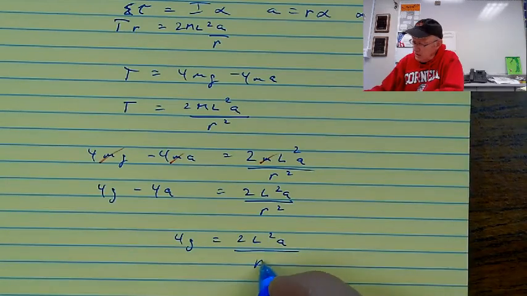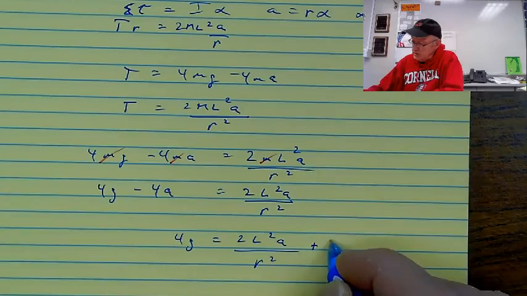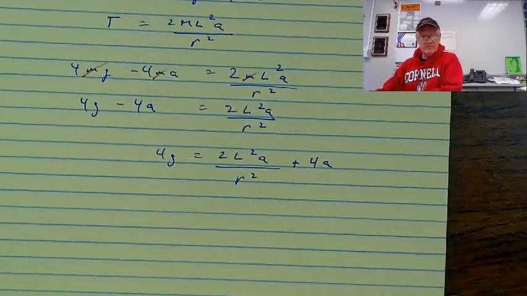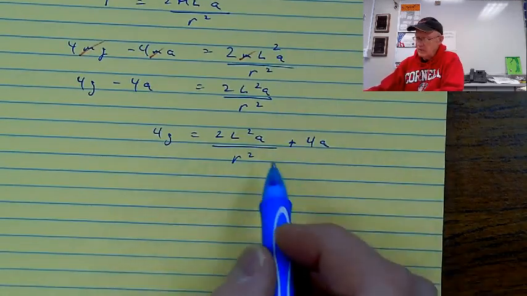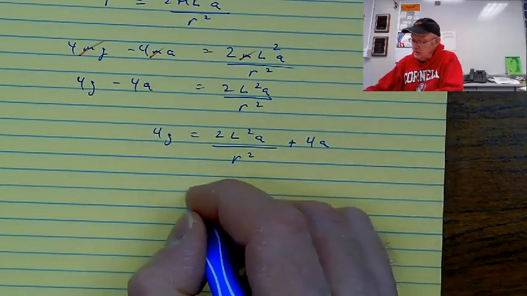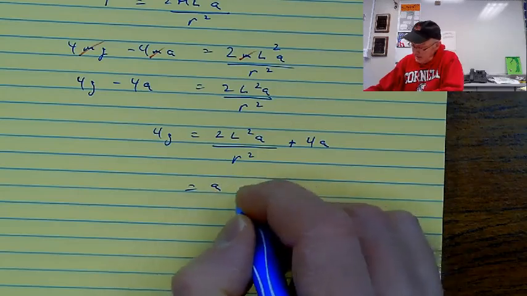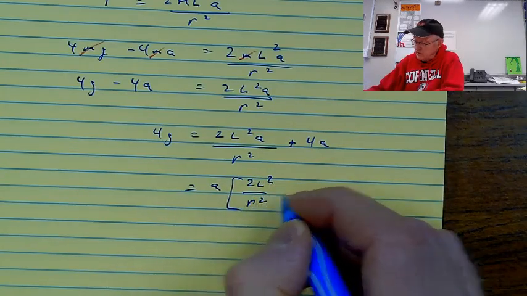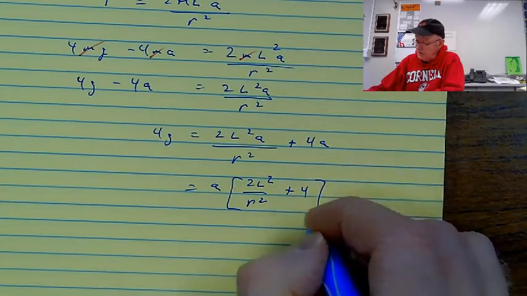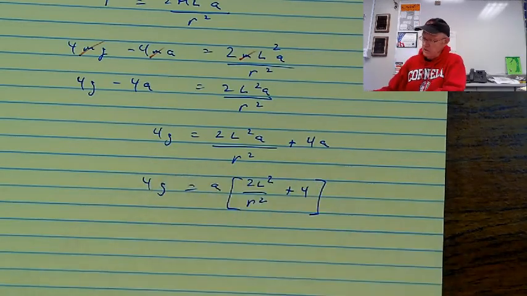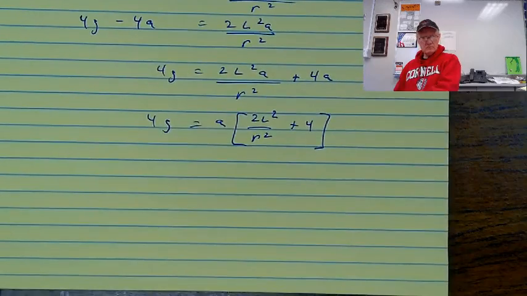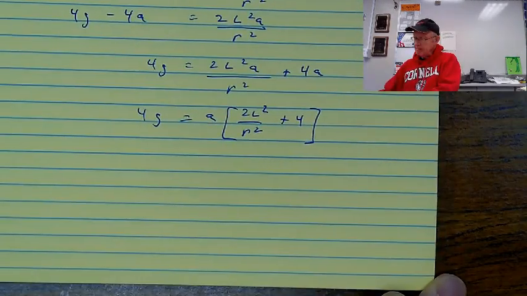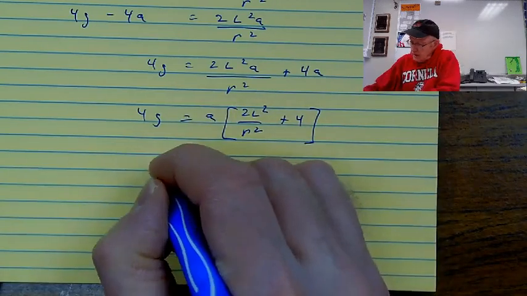So this becomes a times 2l squared over r squared plus 4, and that is 4g. Oh, boy. Yeah, what a mess. So a is equal to 4g